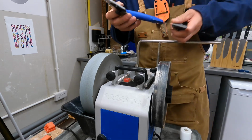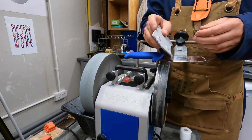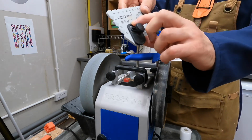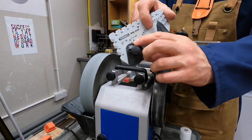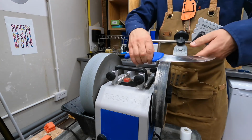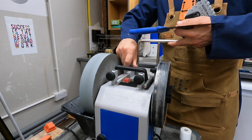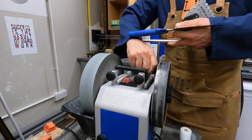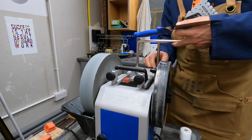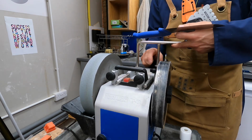with setting the USB height for 15 degrees on the leather wheel. So I've set that to 215 millimeters. That's the wheel diameter of the leather wheel. It's going to have to come down quite a lot here. Loosen these off. I normally do